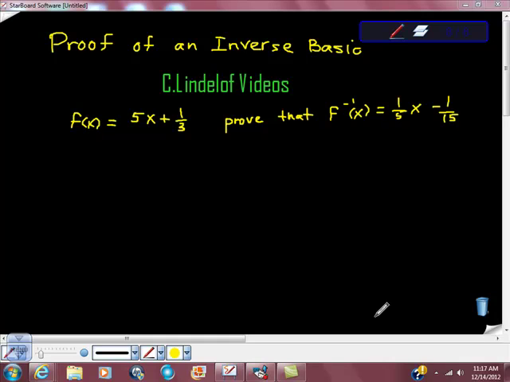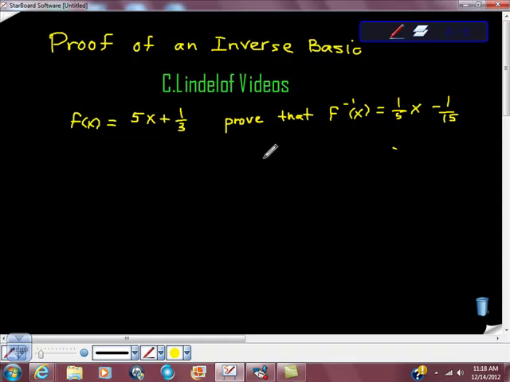All right, proof of an inverse. Hopefully we have memorized that an inverse means that we're going to switch all the x and y values. So whatever the x value is of the function, its inverse function will have those things transposed. That is to say that the y values will be in the x position and the x values will be in the y position. However, it's not good enough to just be able to say, for example, in this case,